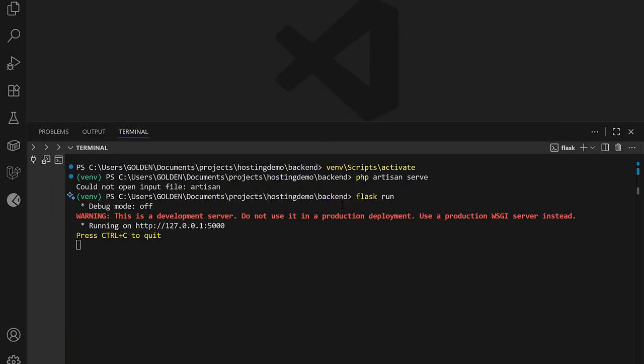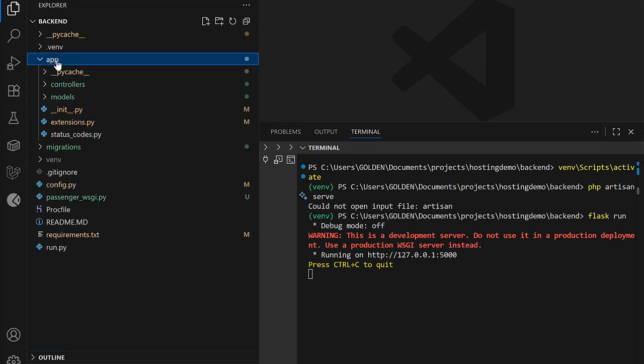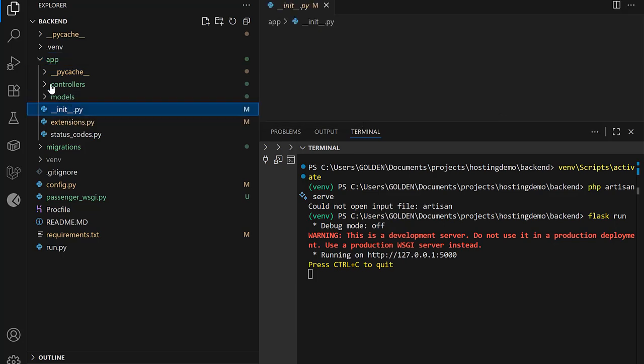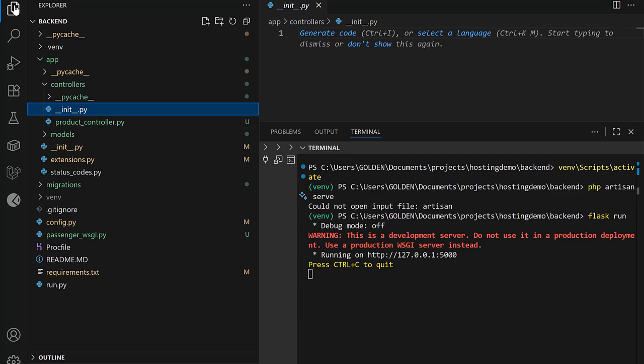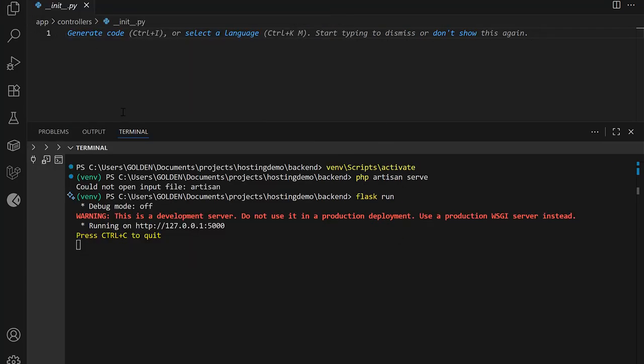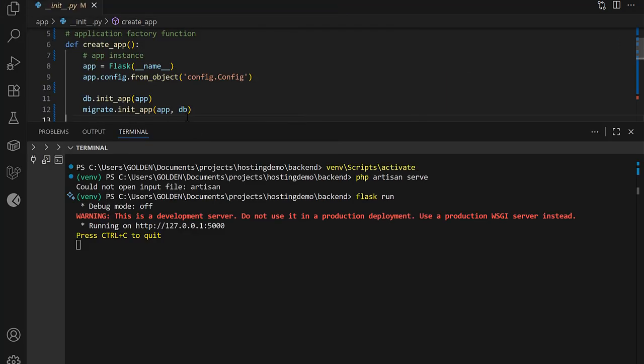So before we access the cPanel, you first of all have to ensure that you prepare your backend project. So apparently I do have a simple Flask API, and it really has simple endpoints. And one of my main endpoints is the one that fetches all the products. And maybe a quick one, when you look into my source code, you see that I'm working with an application factory function,